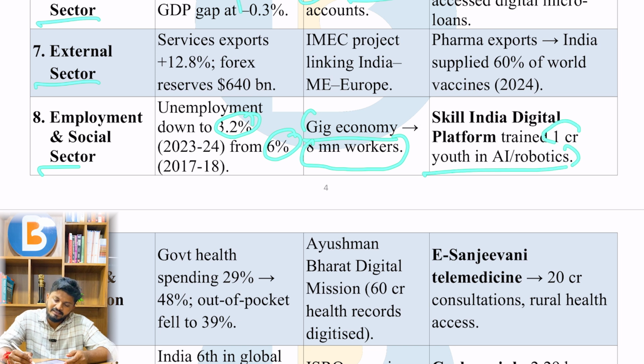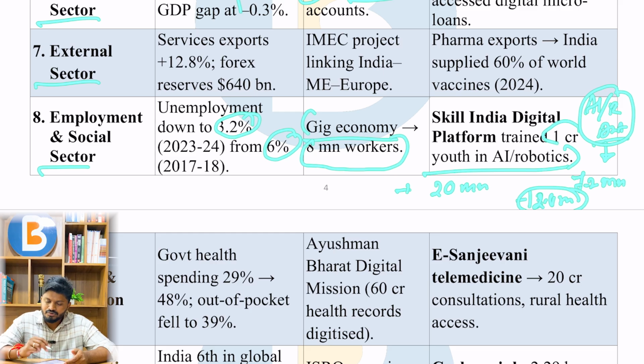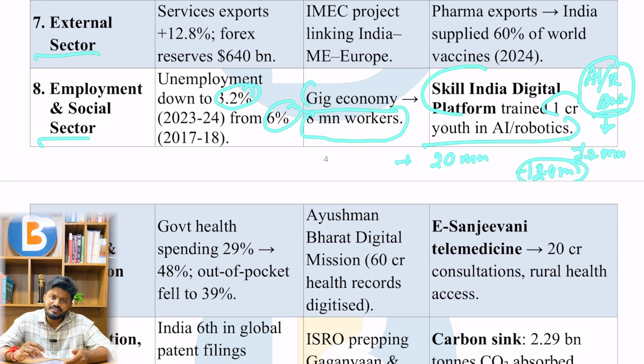Okay, so it is said that AI or robotics or automation will result in 7.2 million job loss. However, the other aspect of this is the total jobs which are going to be created by AI, robotics, automation, etc., advanced deep technology is around 20 million jobs. So there is a net gain of 12.8 million jobs in the world, in India. So this has to be taken care by Indian government. So in order to address this gap, India is going for Skill India digital platform. Very important with respect to skilling initiatives.